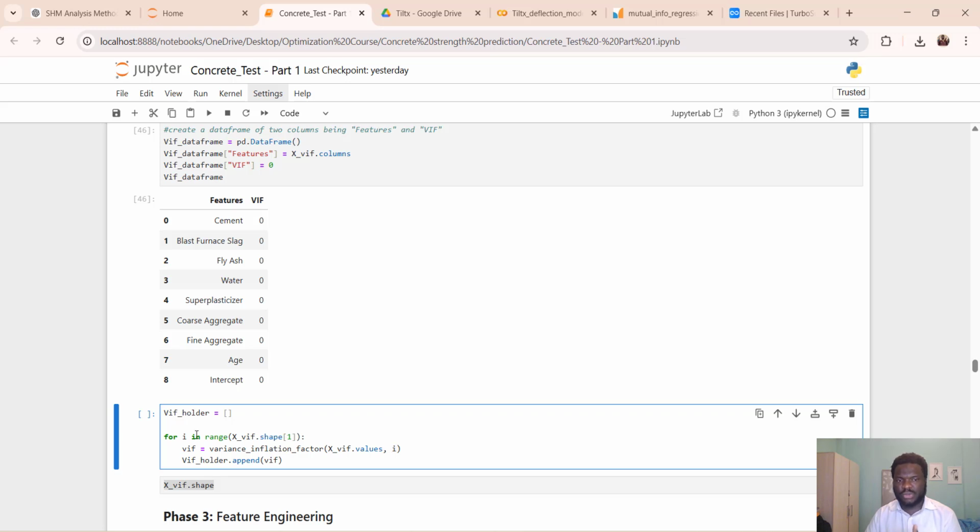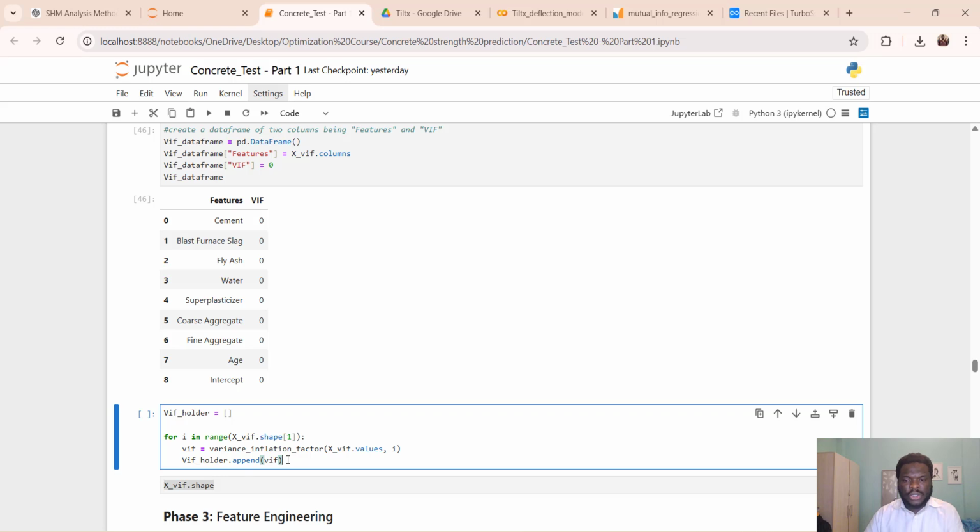So the output is going to be the first iteration, then the second iteration, third iteration. Then this line will return a VIF factor, because this will calculate that linear regression, calculate the R square, do 1 over R square, and return the VIF factor. So this line will return the VIF factor,